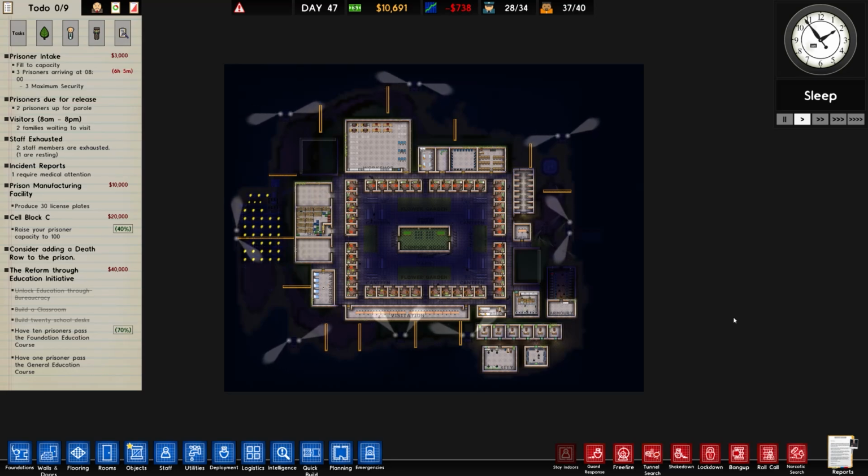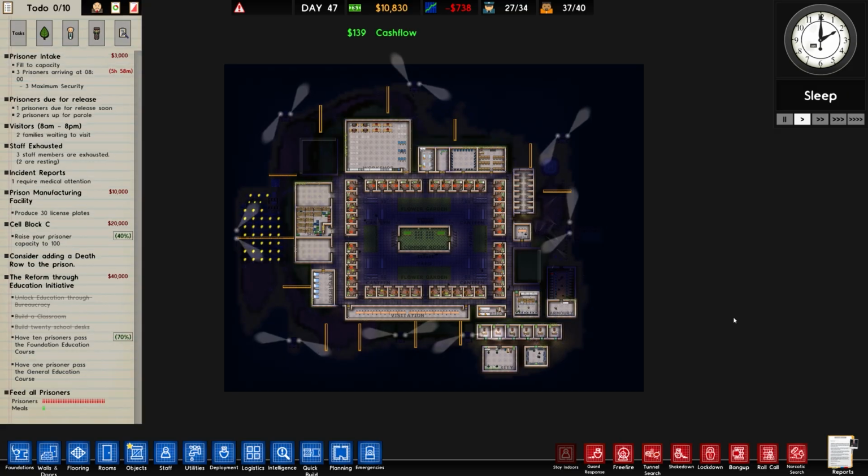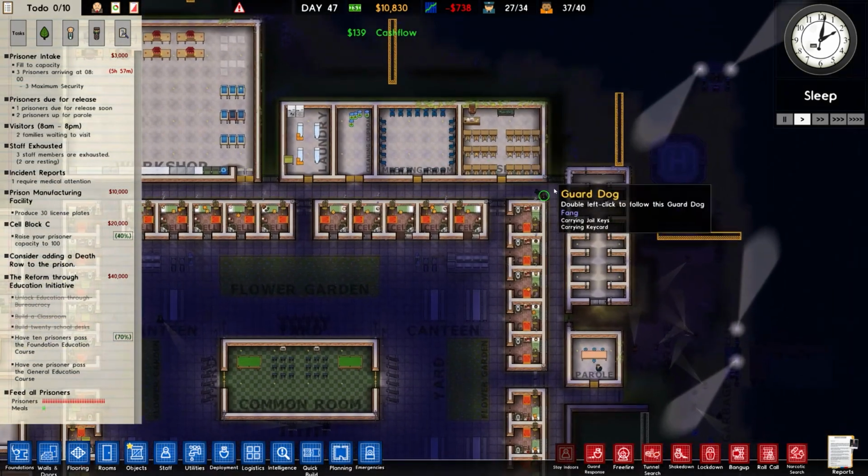Today's beverage is a very creamy banana soy milk milkshake. So welcome to the darkest hours of the night in Prison Architect, and previously I was implementing a fix where